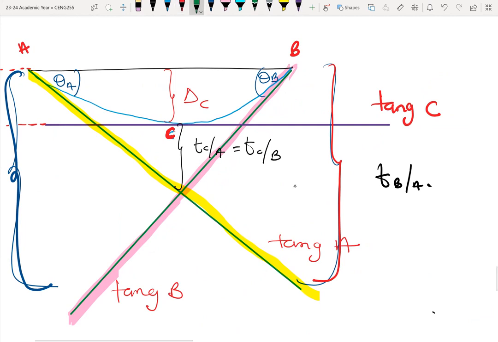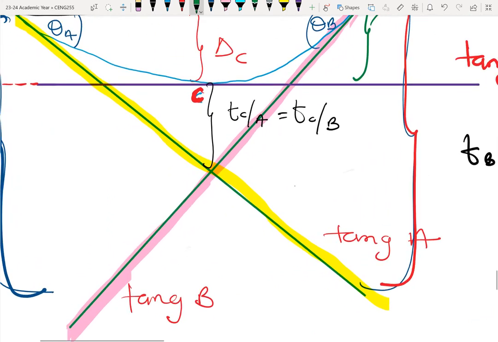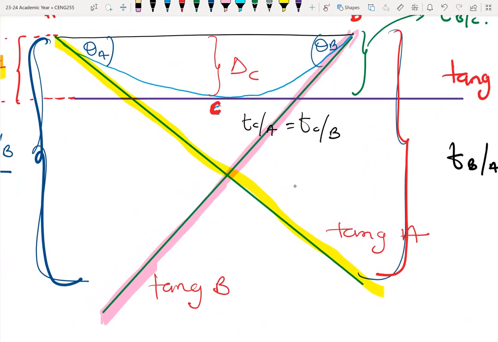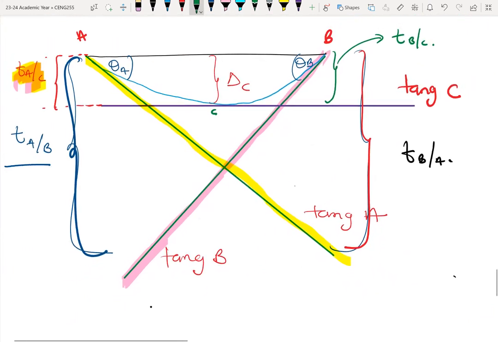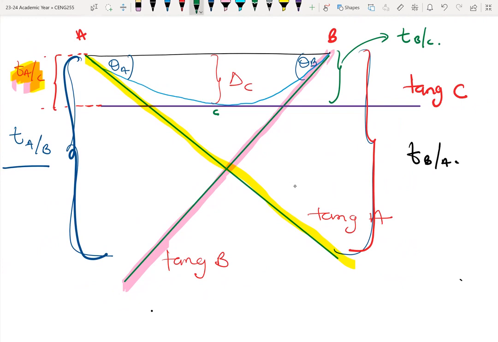So this here will be TBC. Then we also have, so this is C on the elastic curve. So the vertical deviation from C, let me write it closer to the point. So from C to any of these lines, okay? So this vertical deviation here is TCA with respect to tangent A, and also the same as TCB,